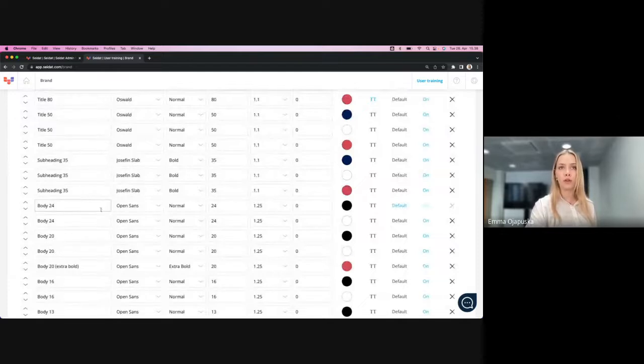So body 24, Open Sans and black color. This also happens that if you want to have a default font,